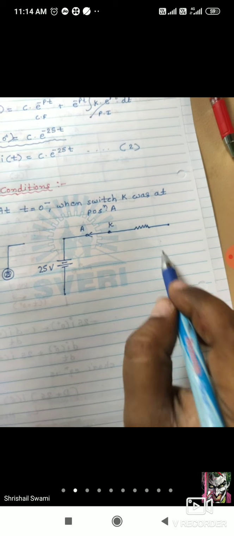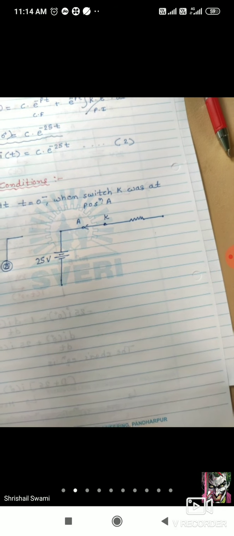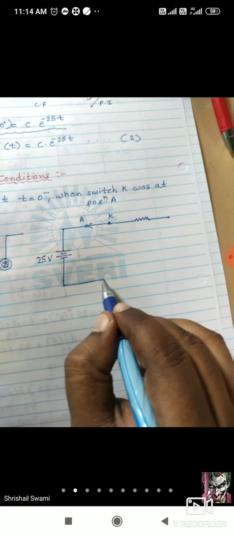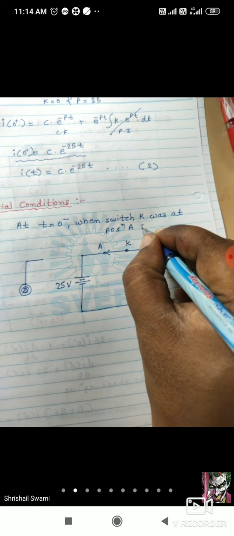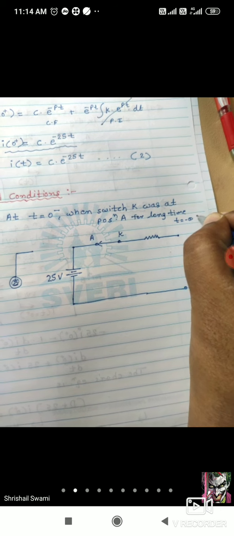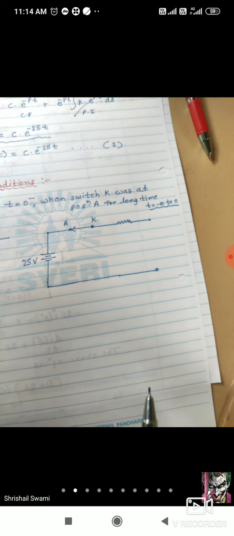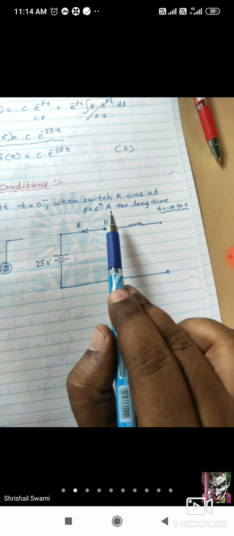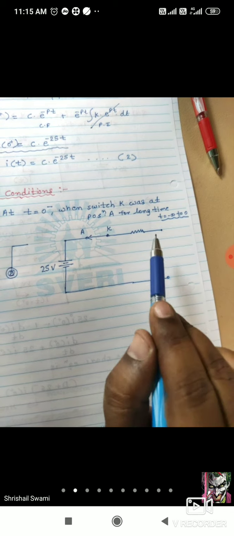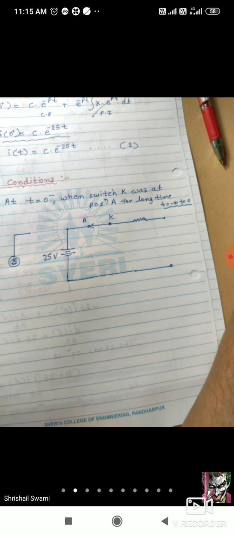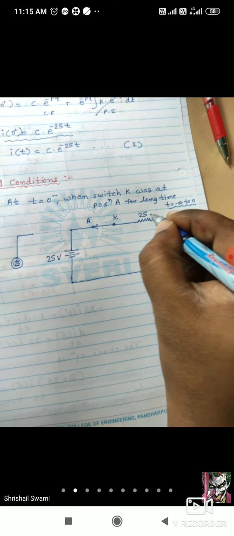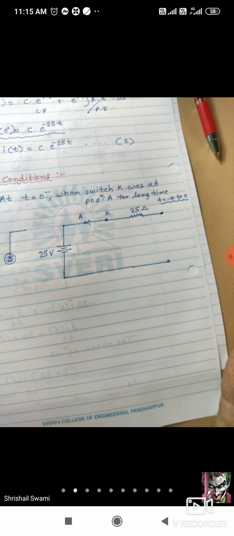So what will be the status of the inductor? Will the inductor be short or open? See the time table, initial condition. The switch was at position A for a long time. So what does long time mean? From t is equal to minus infinity to 0. This is a long time. For this time period from minus infinity to 0, the switch was at A only. So at that time, what will the inductor become, short or open? You can observe that in table number 1 according to the initial condition, and tell me that value fast. Does the inductor become short or open?